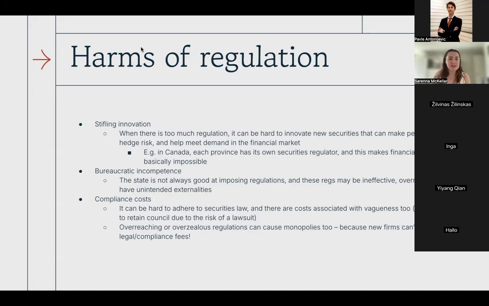And that can be unideal, not only because there's money that could be made that isn't, which is inefficient, obviously, but also because oftentimes financial instruments and complex derivatives exist to help banks hedge risk, so to actually decrease the amount of risk they're taking on. So that's not always a desirable outcome. The second